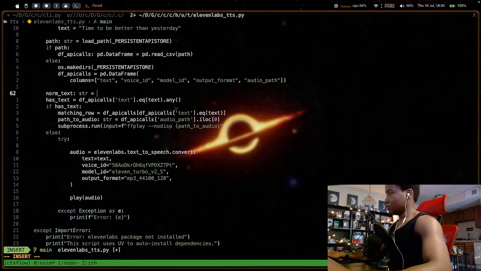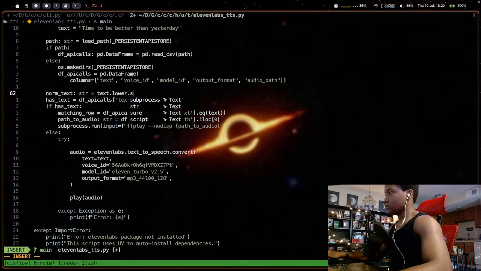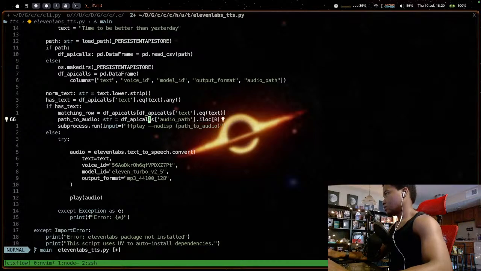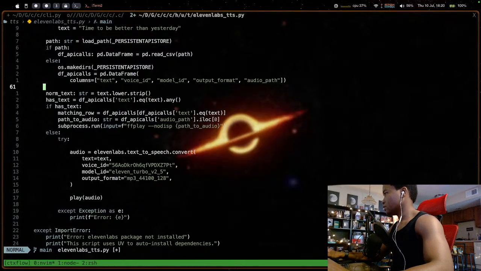This is a lot equals text dot lower dot. Because I'm already sanitizing it before when I'm getting it back from the LLM.